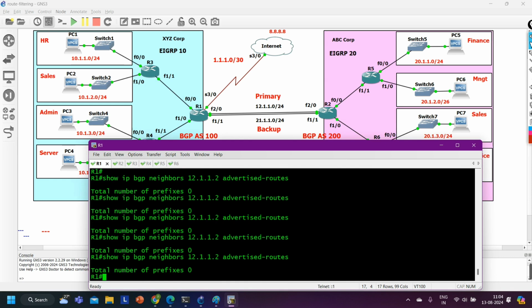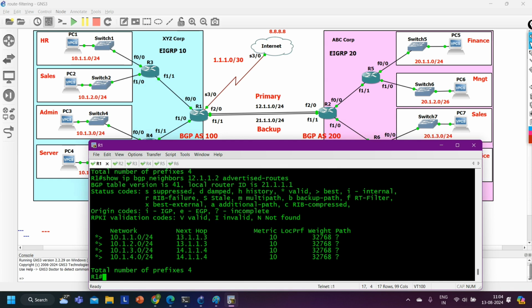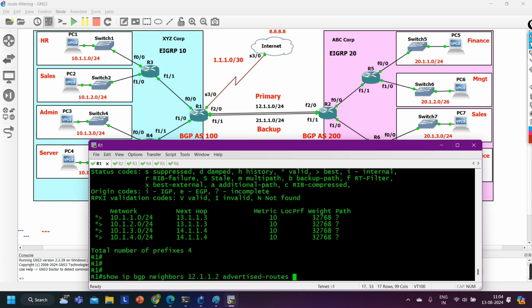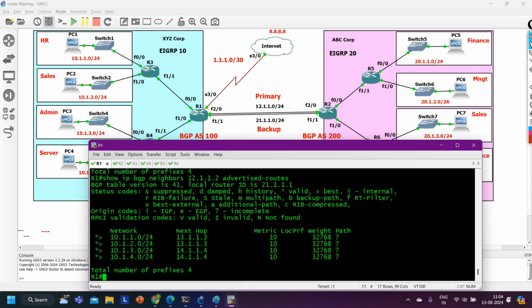In the route map, it is denying 20 subnets. By the way, we have to modify the configuration. There is some misconfiguration, but you can see I have achieved my task. Now it is only advertising 10 subnets to their neighbor, right? This time it is advertising only 4 subnets,